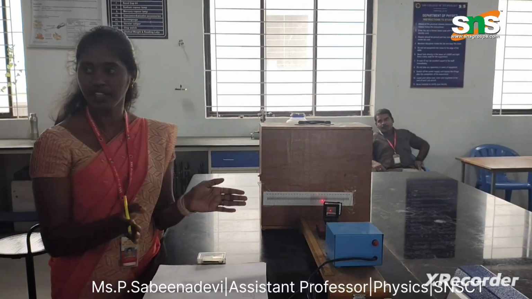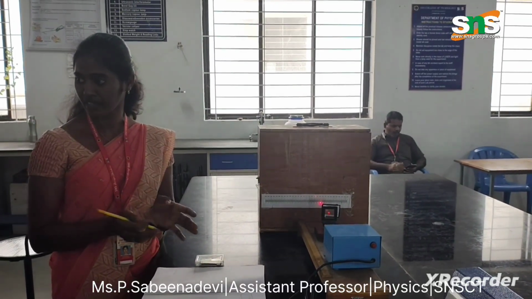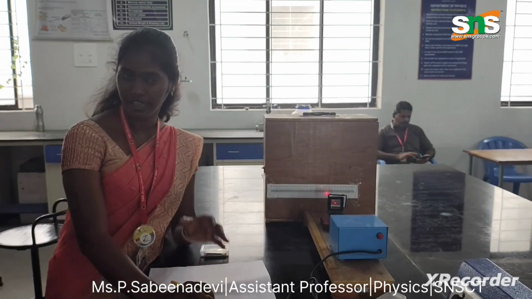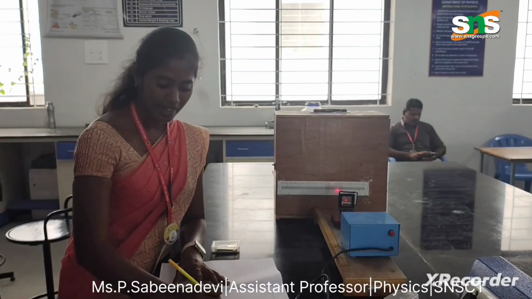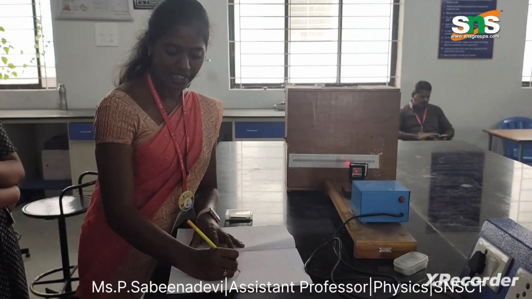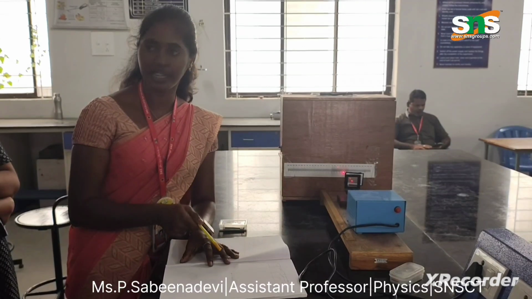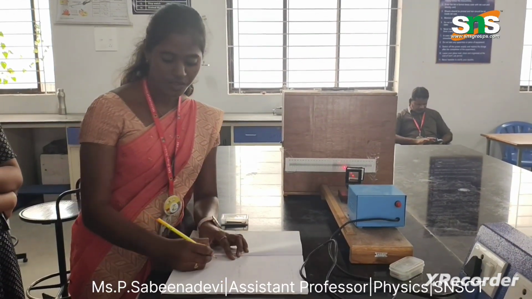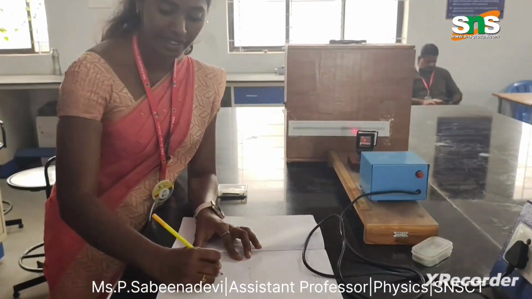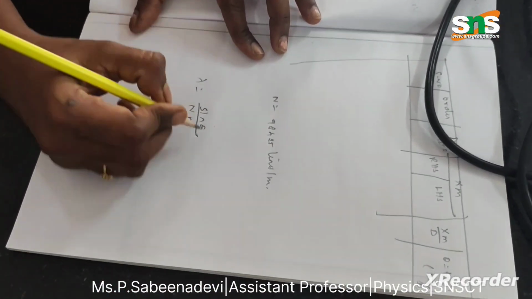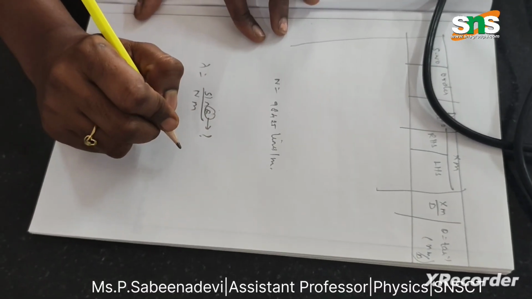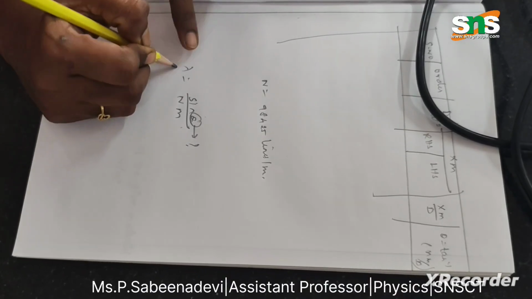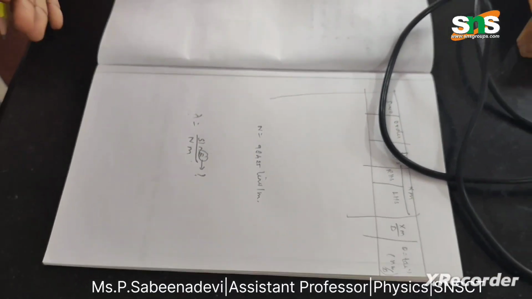The single spot is diverged into many spots, that's why we are using the grating. The grating has a number of rulings, a number of hidden lines: 98,425 lines per meter. So we have to find lambda, which is sin theta by n m. We have to find theta, because we need the angle, then only can we find the wavelength lambda. That's why we use this grating to split up the spots.